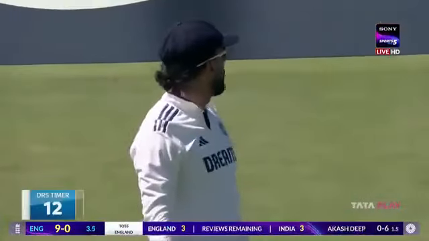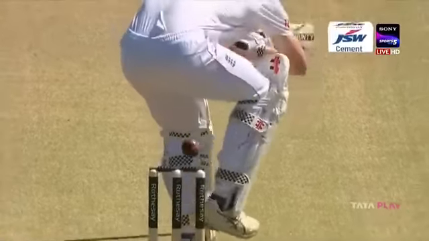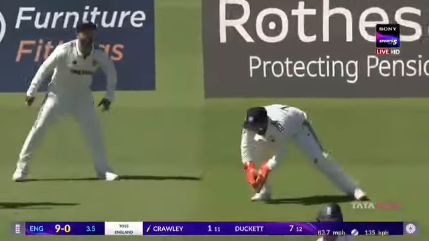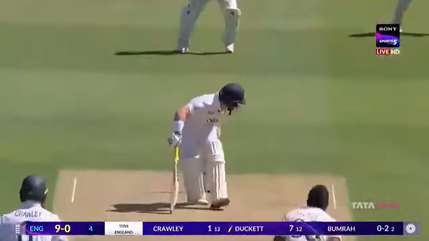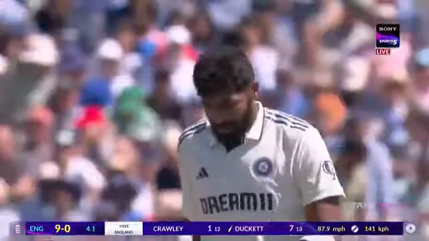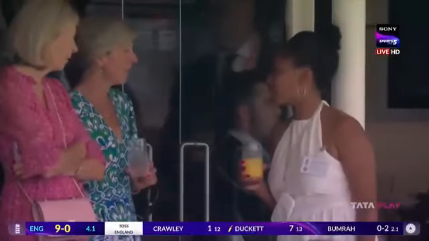Back, they think there's something on it behind the stumps. Akashdeep not that interested. Yeah, just hitting the. Beautiful. It's nibbling. It is nibbling.